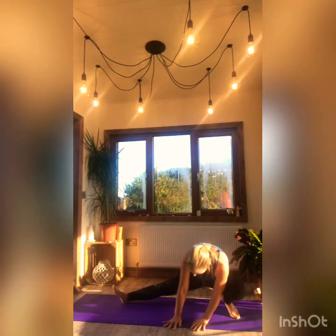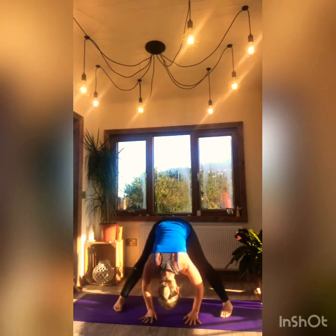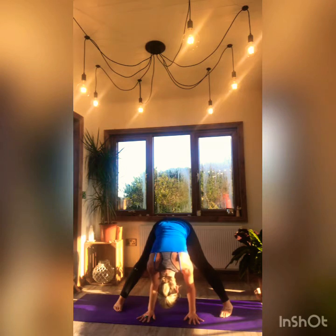Bringing the hands to the mat, rise up, two feet forward, hands down, crown of the head down. You're looking back in between the legs, so you can't see your mat. You're going to lift the shoulder blades up and away, bringing the elbows in, and exhale, let the head become